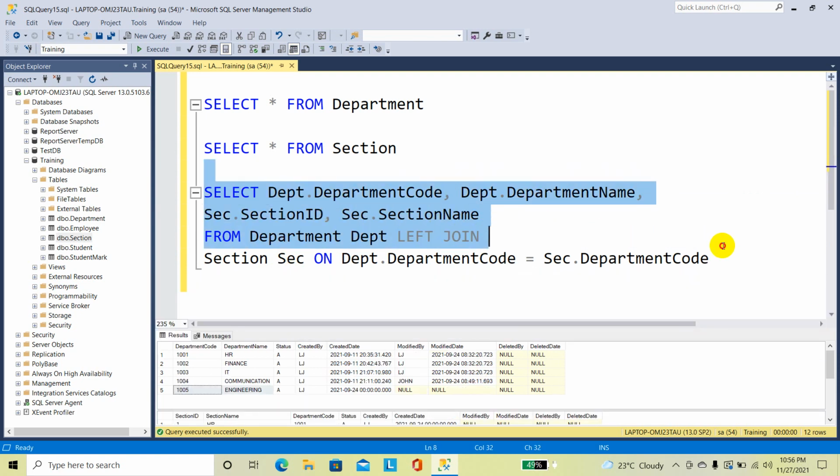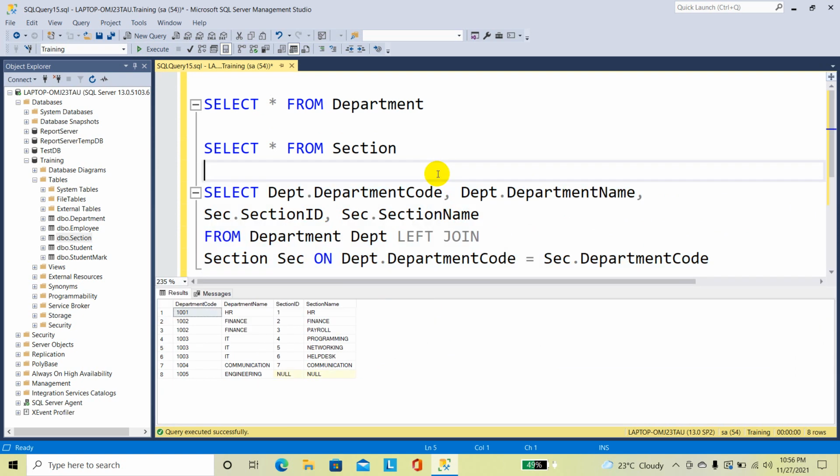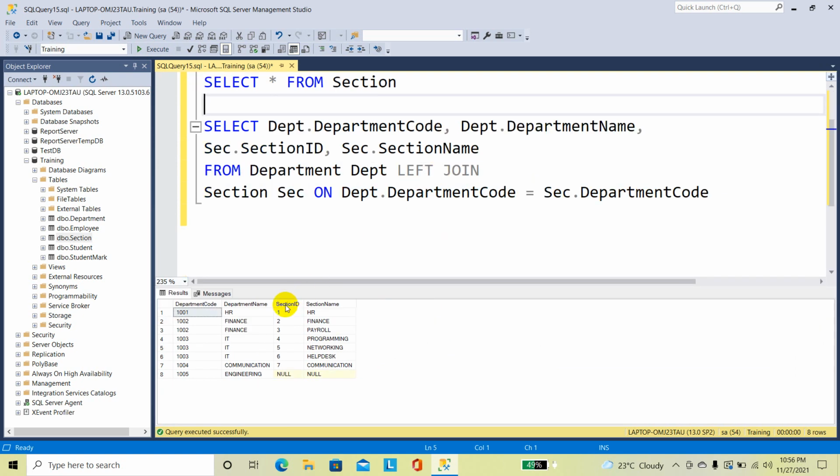I am going to select the statement and execute. Now you can see I got all the department names, also all the section names which are coming under the department.